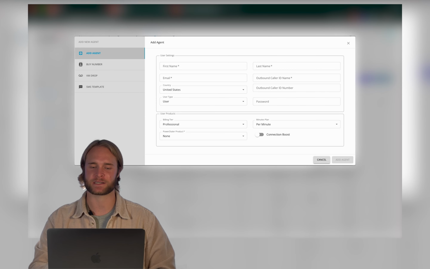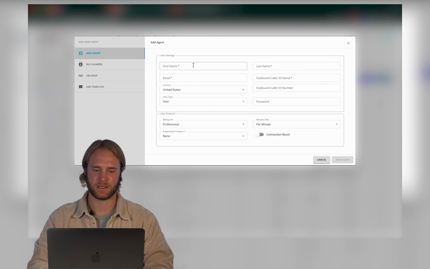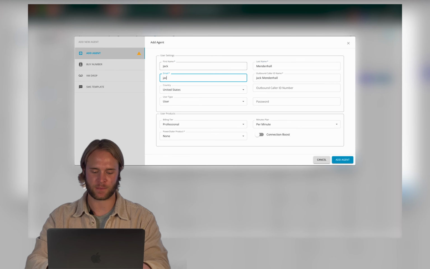Go ahead and select this to pull up the Add Agent window, and this is where we're going to enter in our new agent's information. So we're good here. We'll enter in the first name, the last name, and the email for our Kixie agent